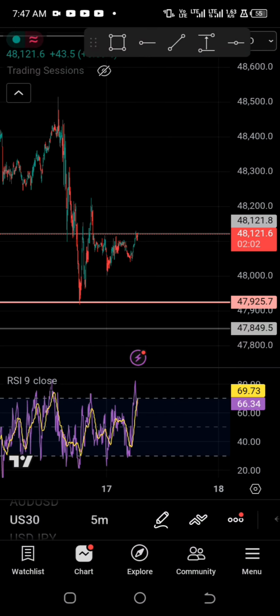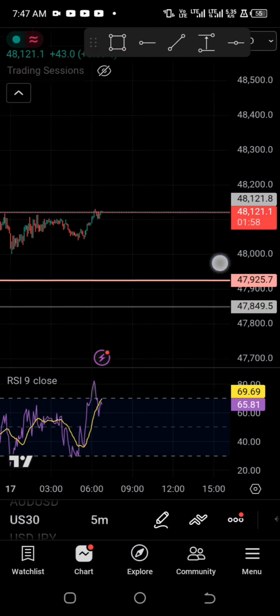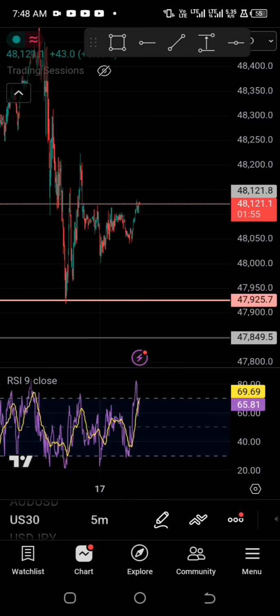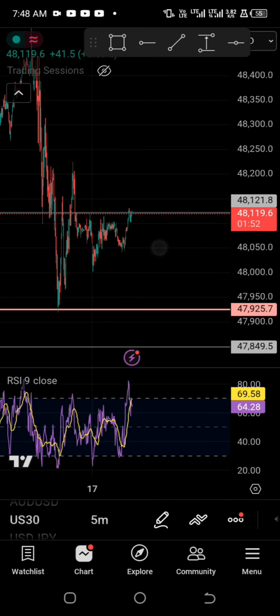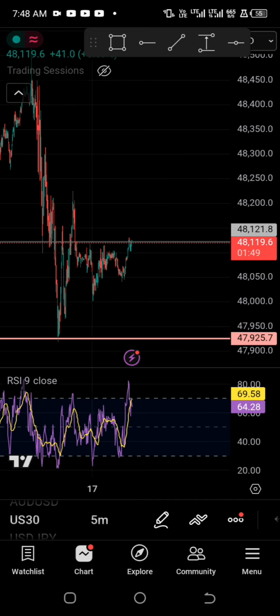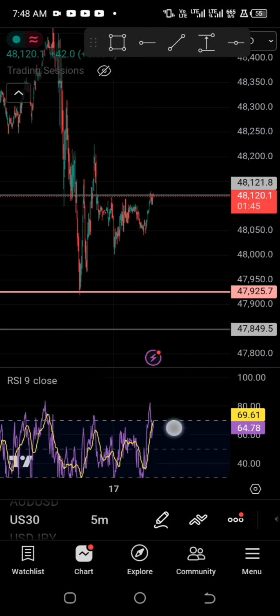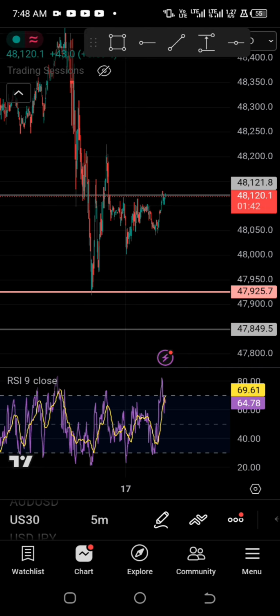These are the three pairs. This is another pair I want to look at. Now on the 5-minute chart, you can see that US30 has trended to a particular area where we are expecting it to push down, because each time it comes to that zone, it actually pushes down. Because on the 5 minutes, you know how we use our RSI, so definitely at this zone, we are selling